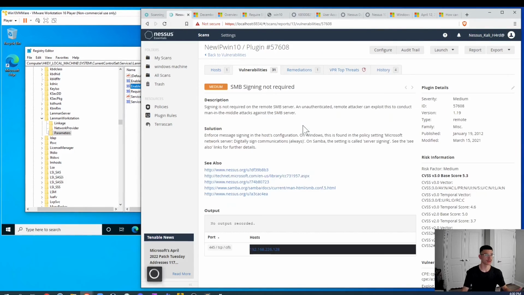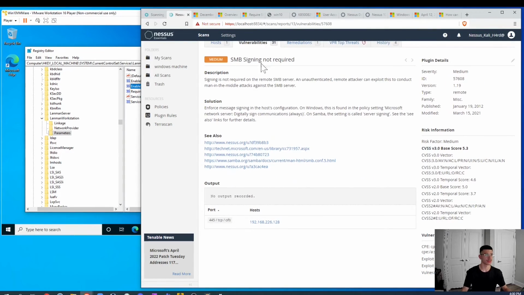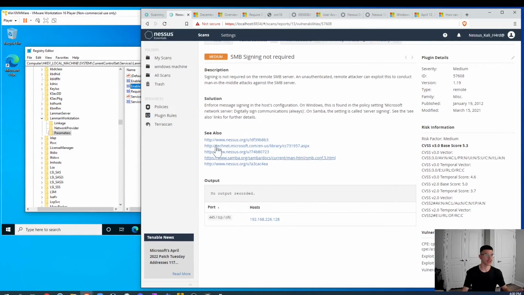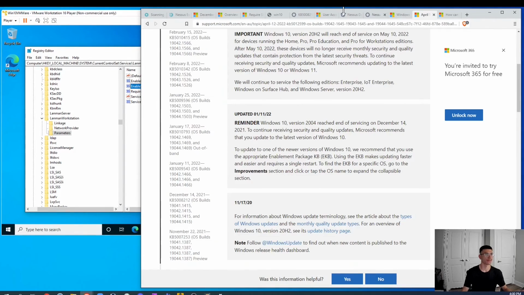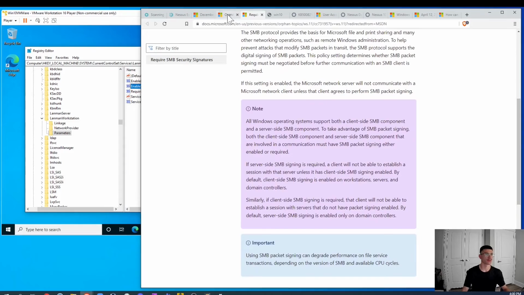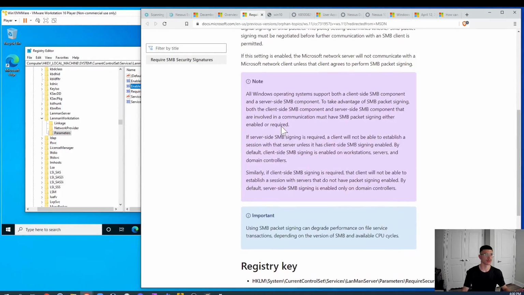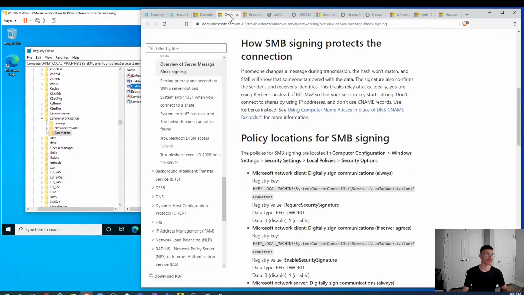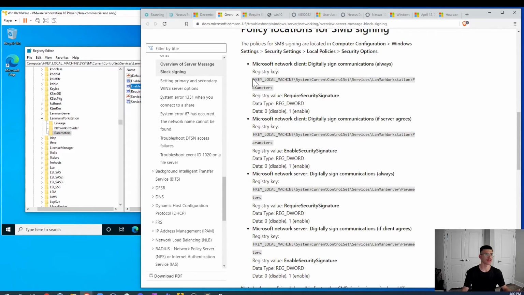Like let's say we have that SMB signing not required. So it's the same. You can find information in here, or you can read about this, and based on what I found, I've read this path somewhere. It was on whatever. I mean, it's on the Microsoft. So basically you'll find these details. Okay, it's here. So I found the path and it tells me what I need to configure to make sure